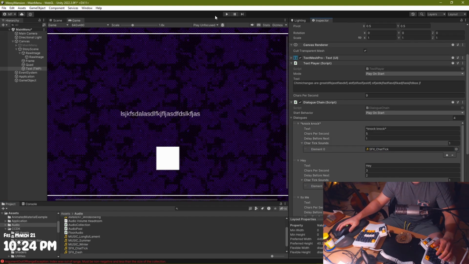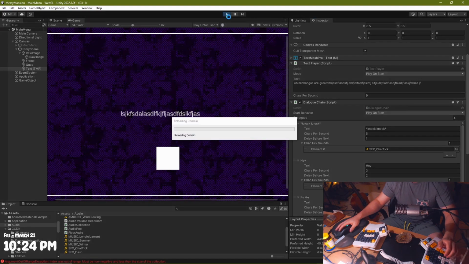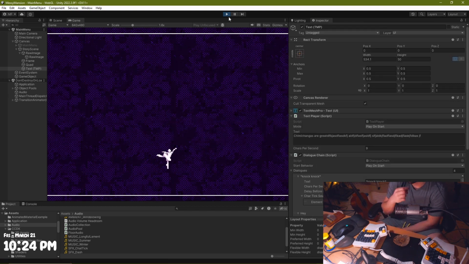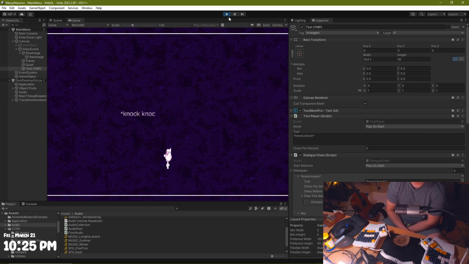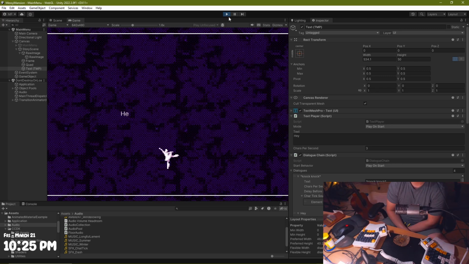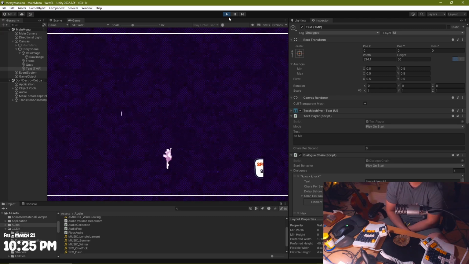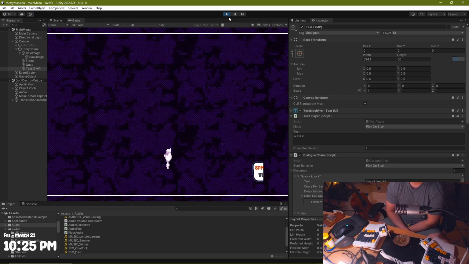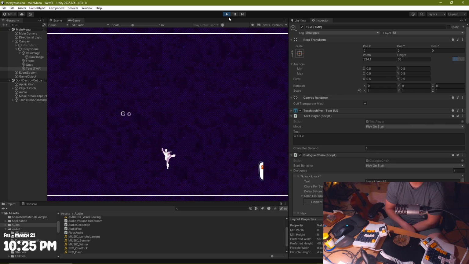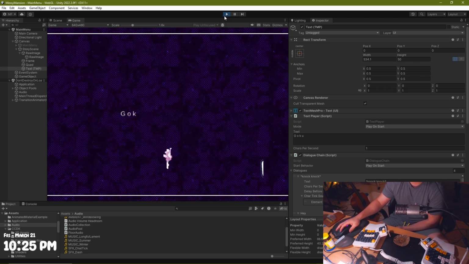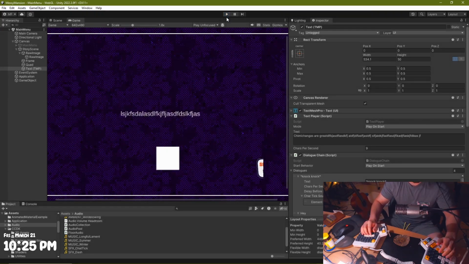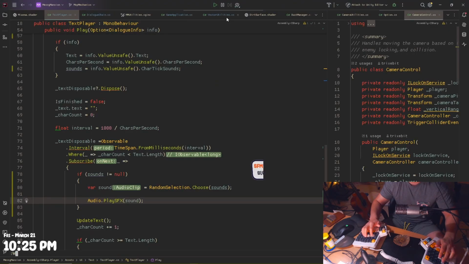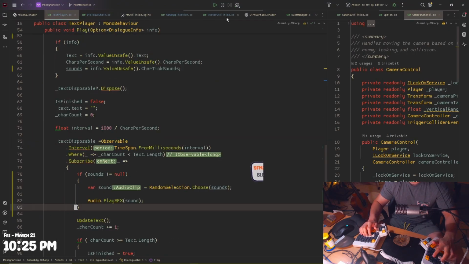Sweet. And now we press play. We should have dialogue with sounds. It's also playing a sound when there's a space. We don't want to do that, so we have to exclude that. That's simple though. If this and